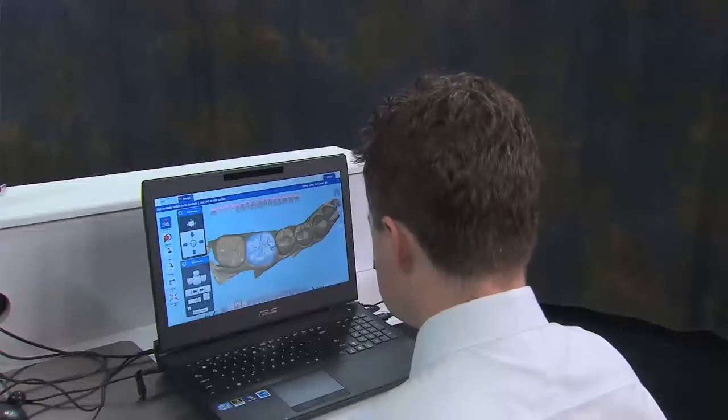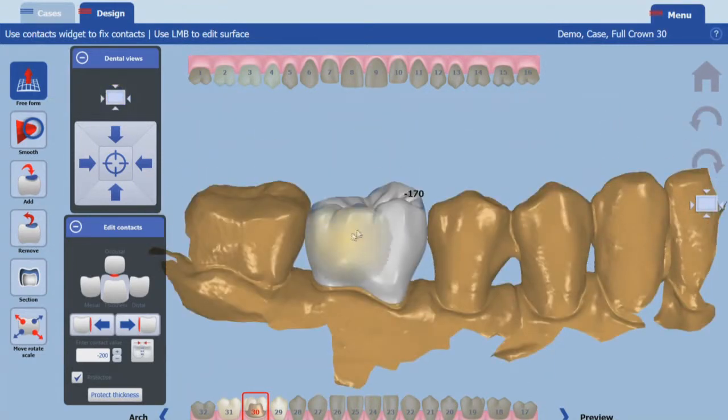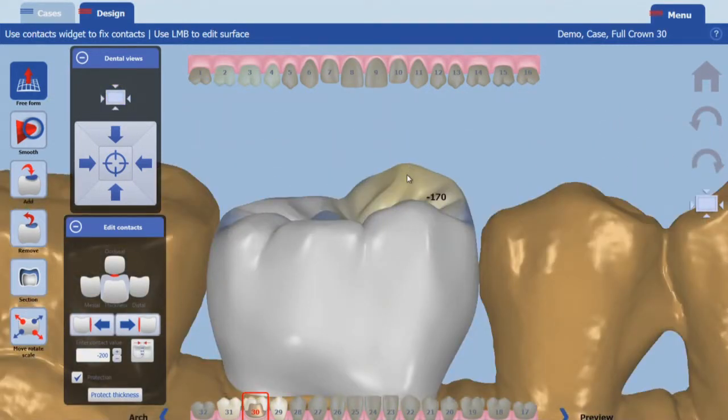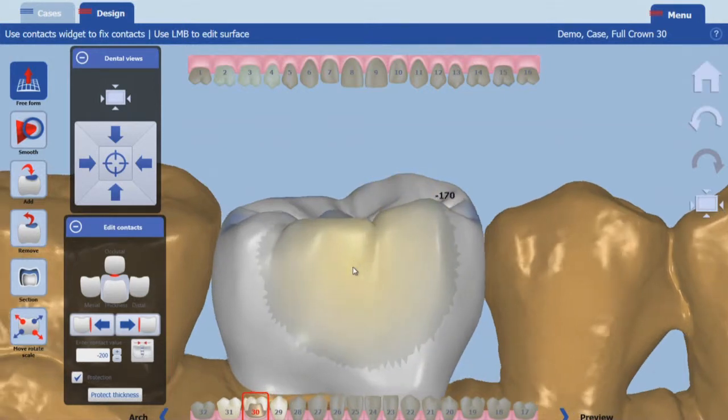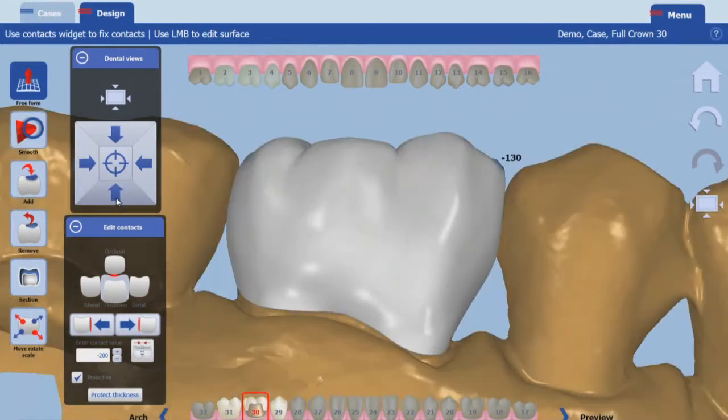The default CAD tool is freeform. You can use this tool to raise or lower a cusp and adjust a marginal ridge. Hover over the area you want to adjust, then click, hold, and drag the anatomy to the desired position. Click on the appropriate